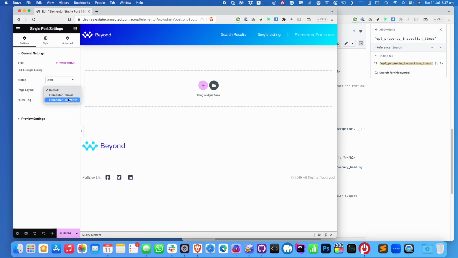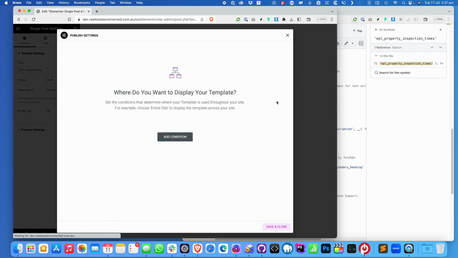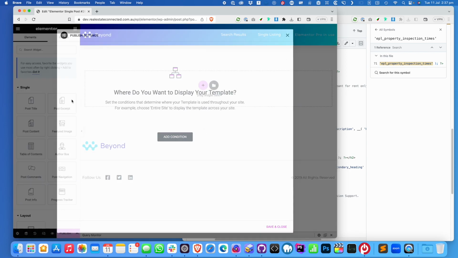Page layout. You need to choose full width, which basically keeps the header and the footer of the site, and then gives you control over the contents. If you don't pick this, it doesn't work. So I'm choosing that, and then